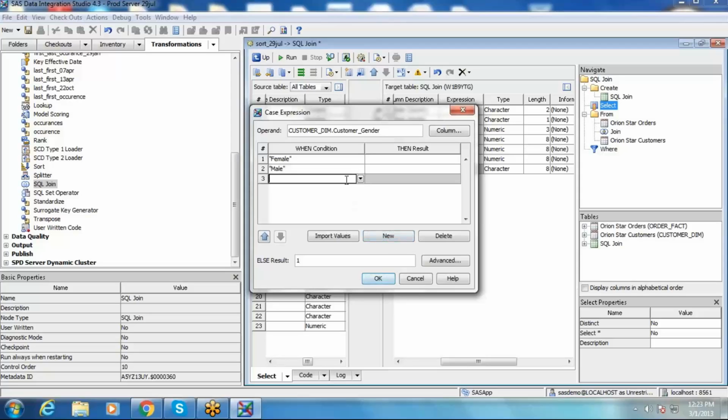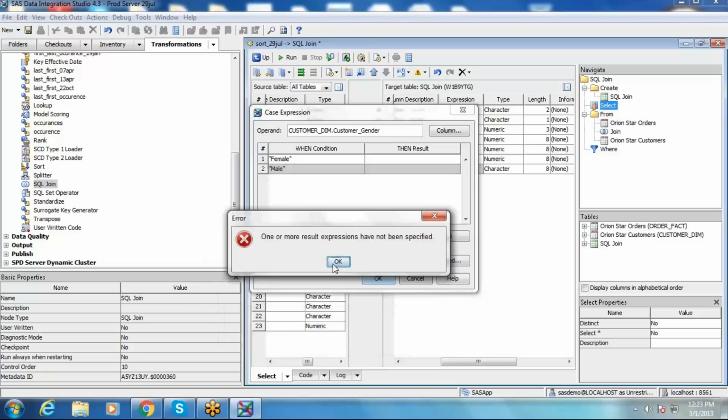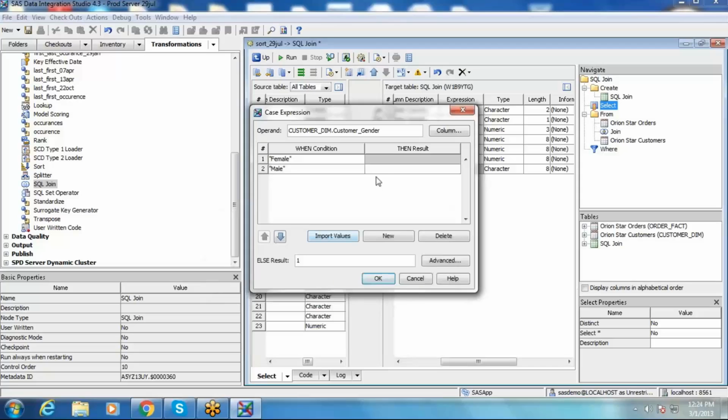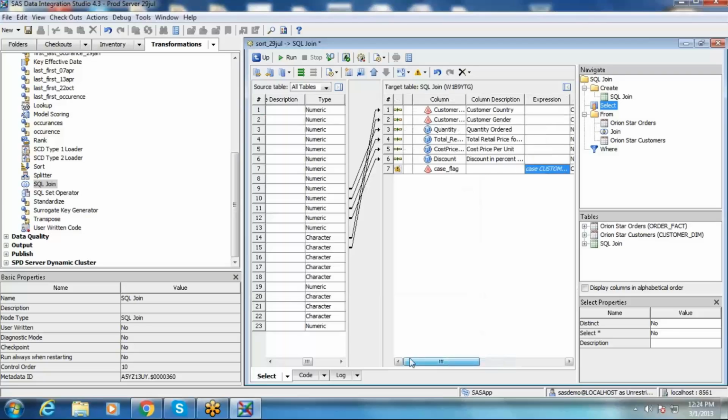You can type the value here, F, followed by the result, whatever it is. Just select this and then delete. Then click on OK. One or more result expressions have not been specified. What didn't I specify? 0. Here it is 1. Then click on OK. So here case when is written, but you still see a warning.